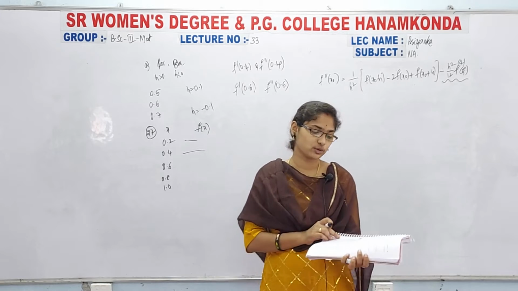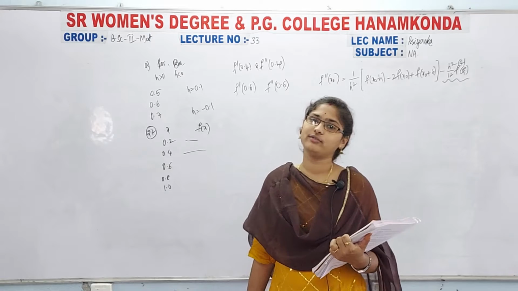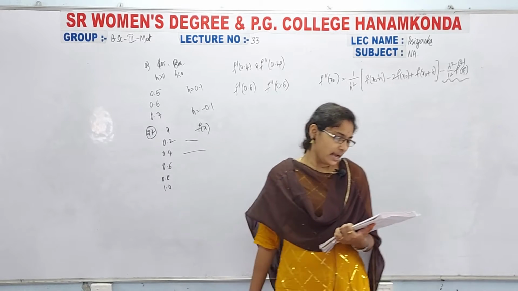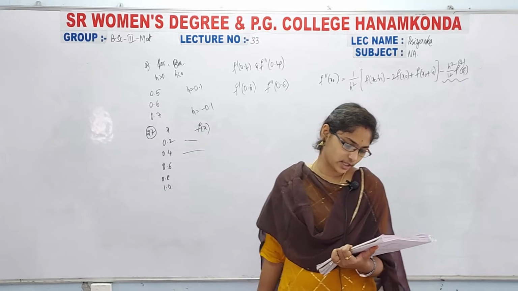Simply here what we have to use ma, 3-point endpoint formula, 3-point midpoint formula, and 5-point endpoint formula, 5-point midpoint formula. Okay, next we have the 28th problem. Derive a method for approximating f triple dash.